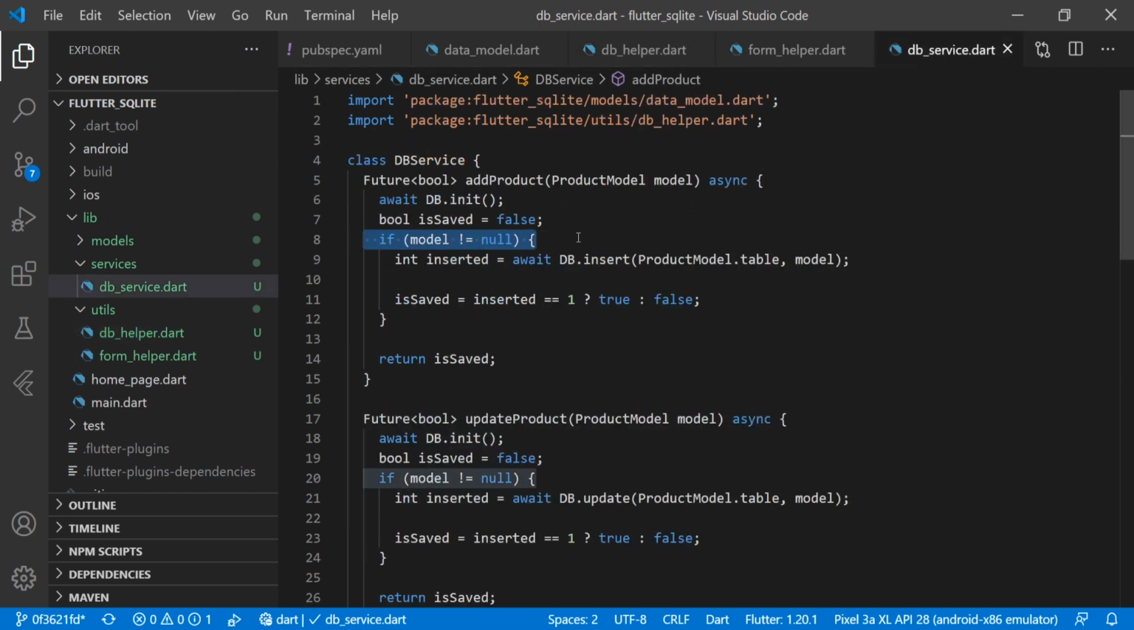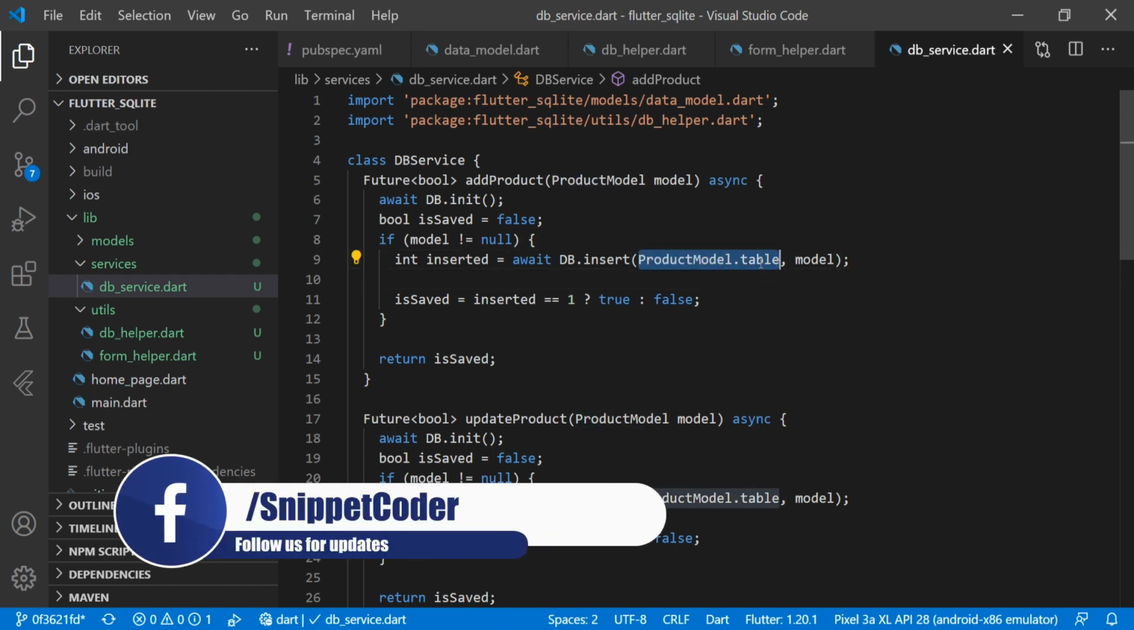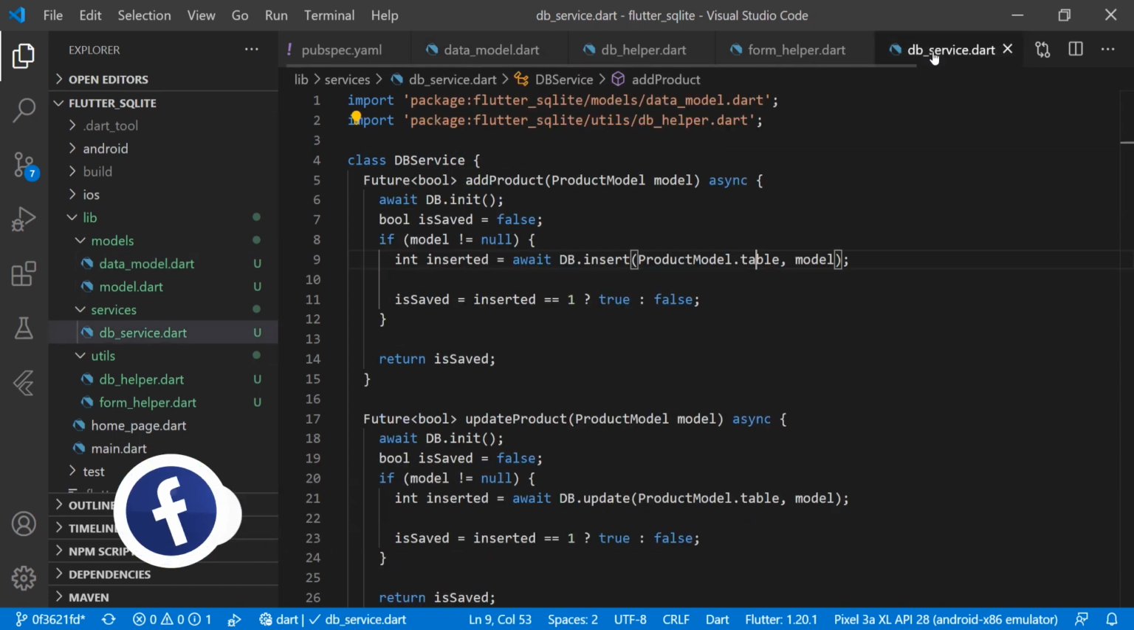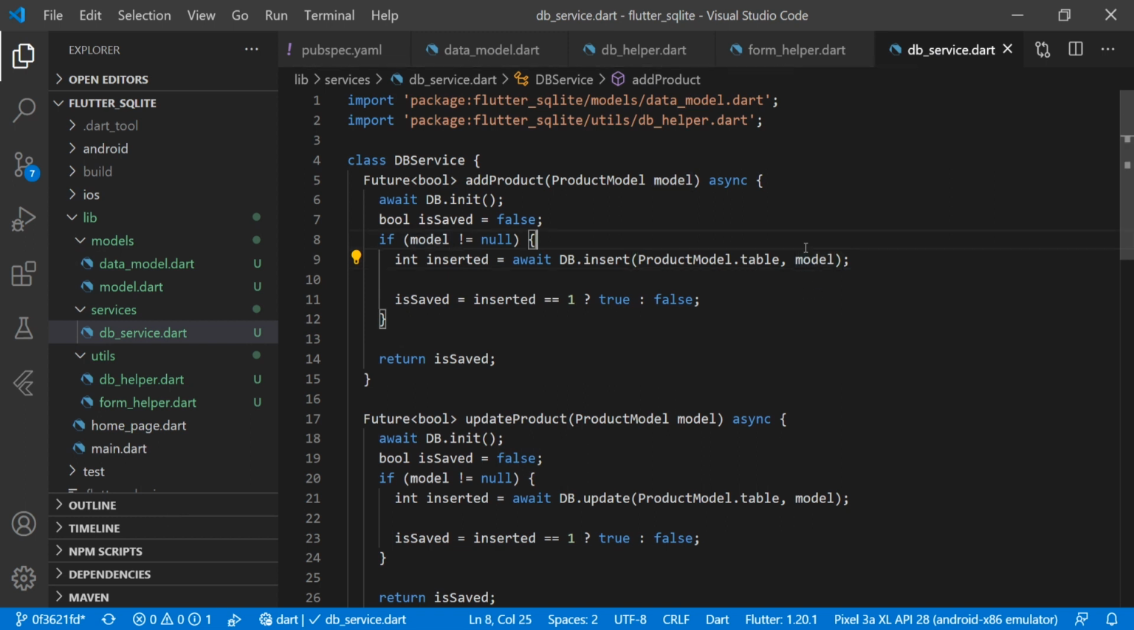Then we are checking here. We have created one variable, isSafe, which is false, and in line number 8 we are checking if the model is not null. Then we have created a variable inserted, that is of int type, and we are using await here, and then we are calling db.insert. Here we are passing the table name which we have created in our model class, this one, the static string table, and we are passing the table name from there. Then we are passing the model here,